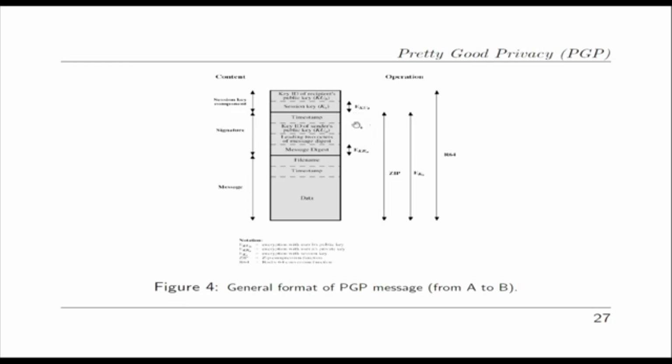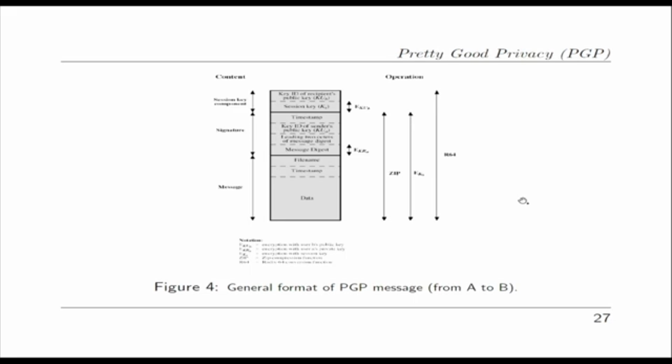This is the encryption with KUB, where KUB means the public key of B. And this part is encrypted using the session key, EKS. This is the symmetric key encryption, and then we apply Radix-64 to convert this into